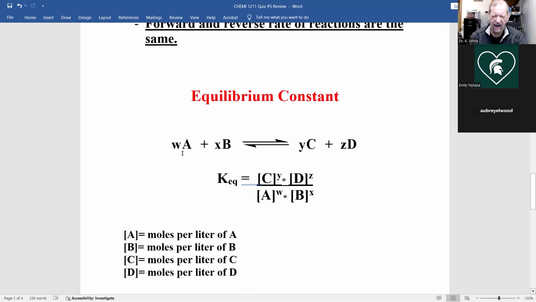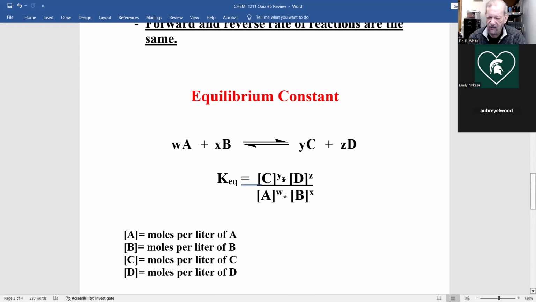If we had a reaction, W moles of A plus X moles of B make Y moles of C plus Z moles of D at equilibrium, the equilibrium constant is the concentration of the products, and that bracket means moles per liter, C to the power, which comes from the coefficient of C,